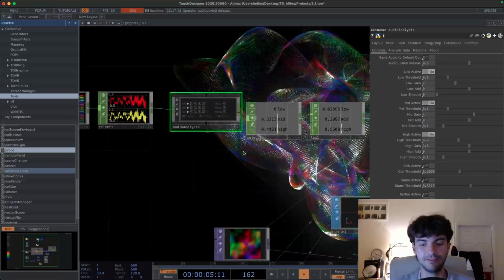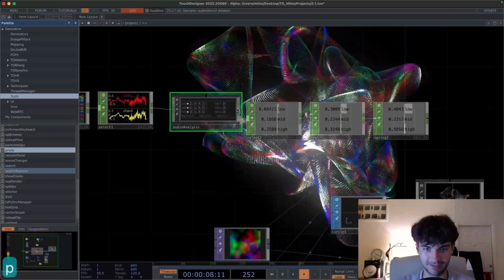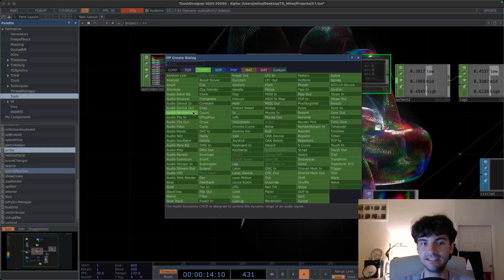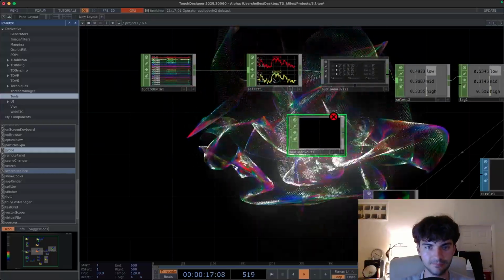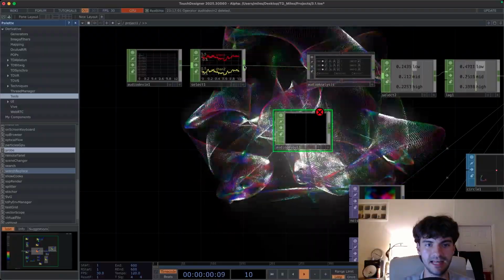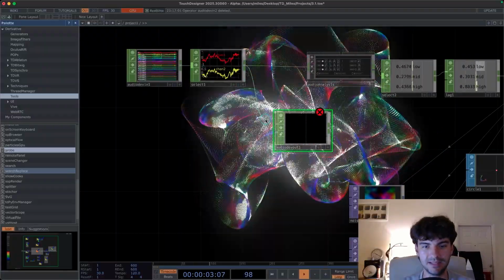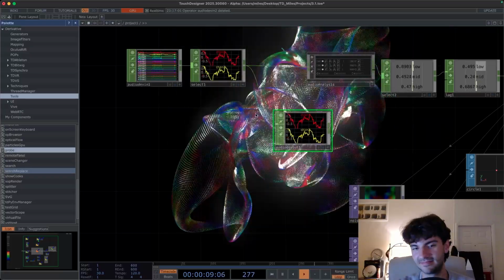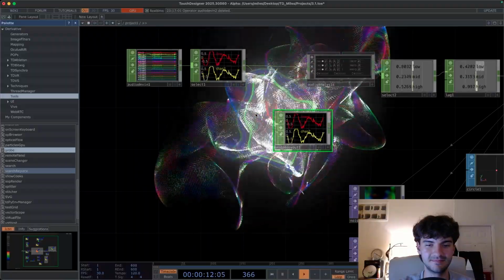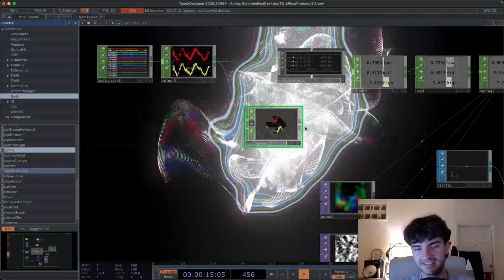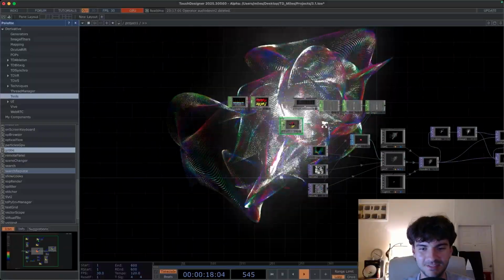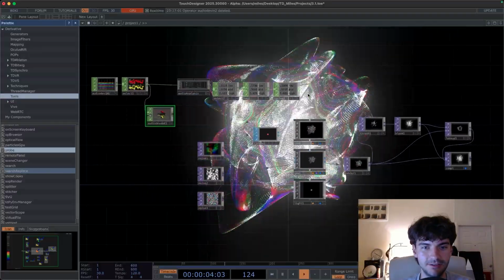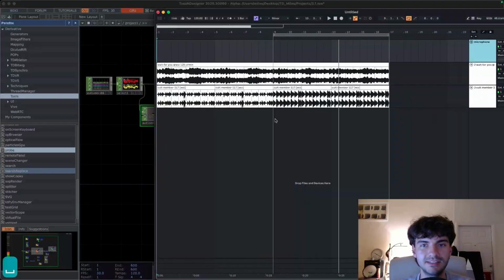If we go back, okay, now we see my visual here is like reacting, obviously. We can add an audio device out and then feed that select chop into the audio device out and we'll hear the music. Apologies if that was really loud. I might have to fix that in post. So I'm going to leave that there for the project file just so it's ready to go. And I'm going to pause this